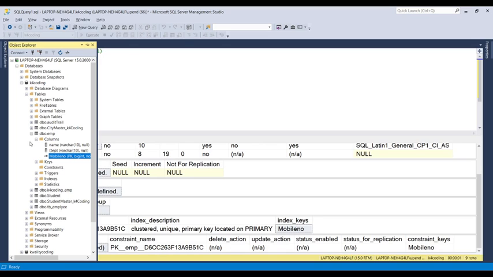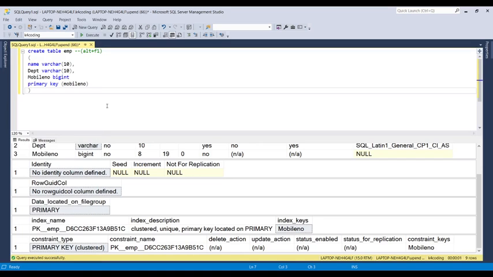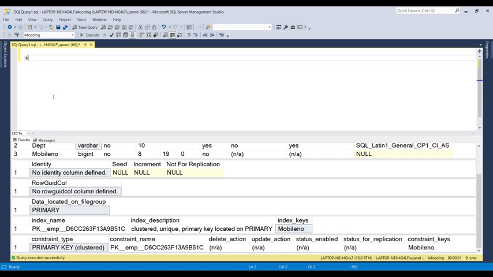Now we are going to understand how to insert values in the EMP table. If you have not watched my existing video on how to insert values in a table, you can watch that video. Now we simply check the values in my table. It's a blank table.